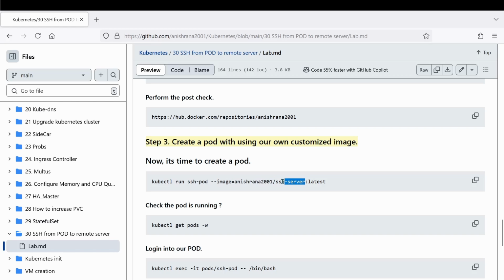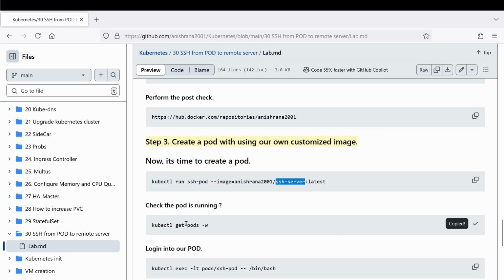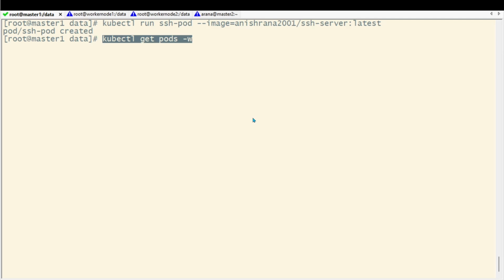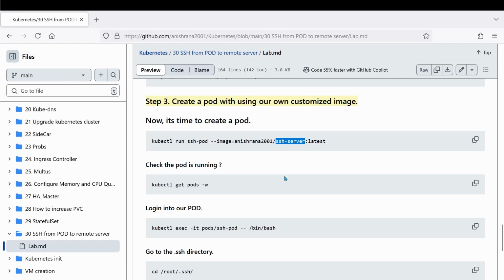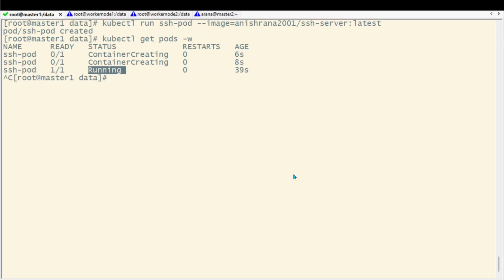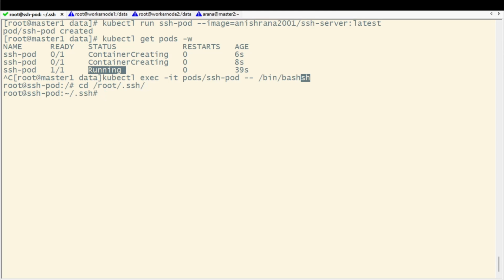This is the image name, right? That we uploaded in the previous step. Let me copy and paste it over here. After that, we can check the progress of our pod with the help of -w. After 39 seconds, my pod is in running status. That's great. After that, we can log in to this pod